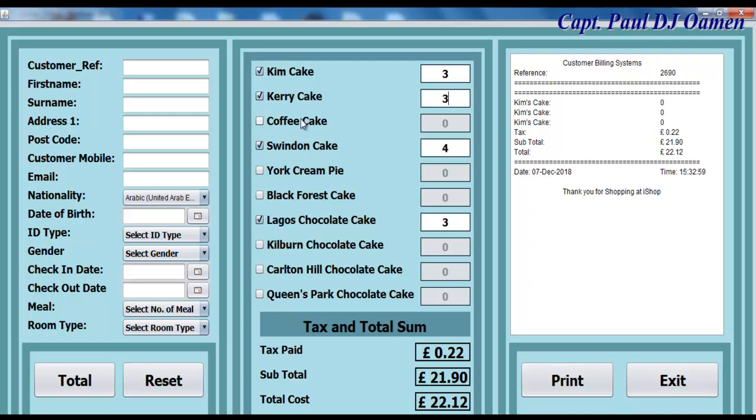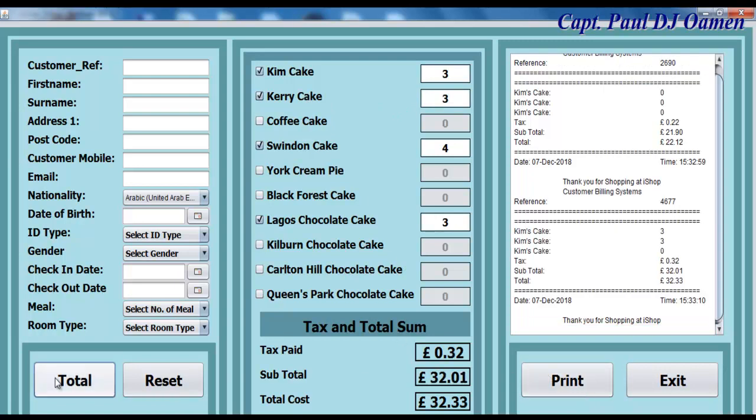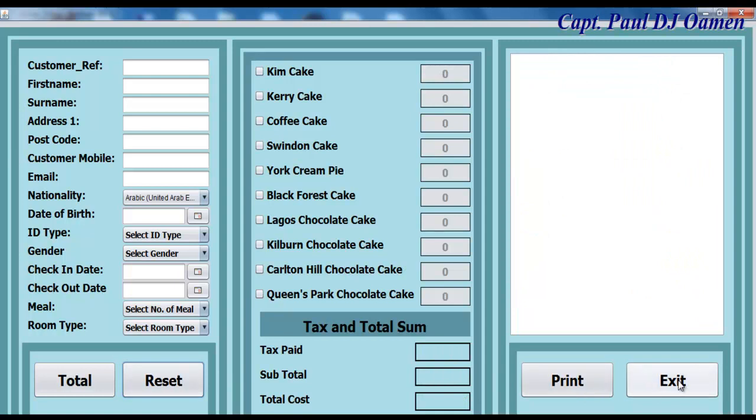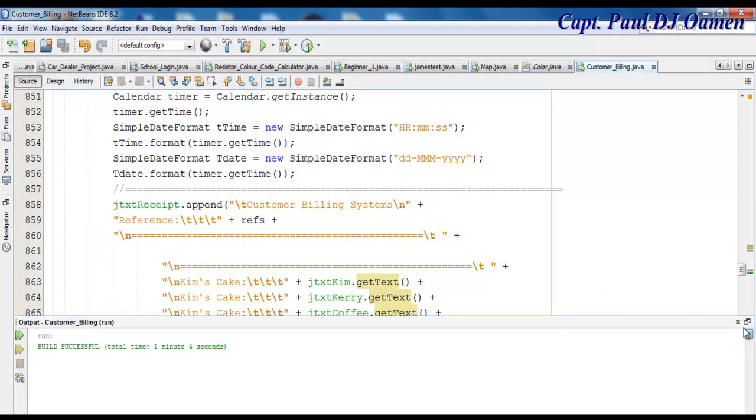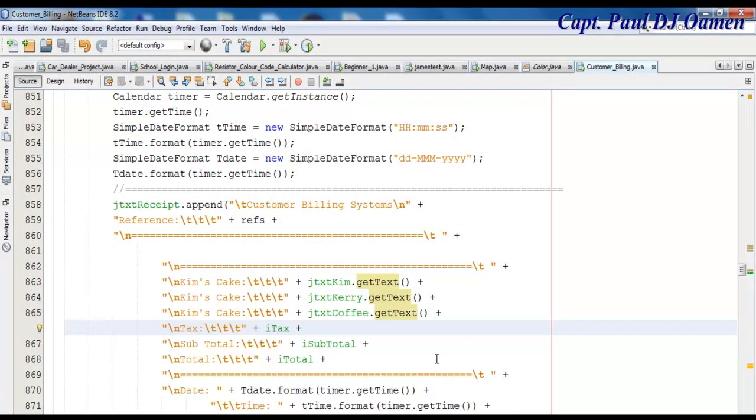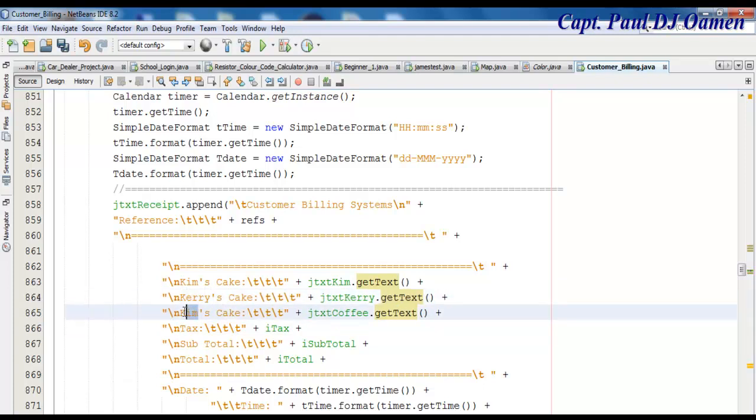Alright, let's see what's gonna happen now if I do that. Okay, so that's working fine. Let's reset and exit. Let me go back to my code and see here. Okay, so change the name of this. This will become Carrot's Cake, and this is for